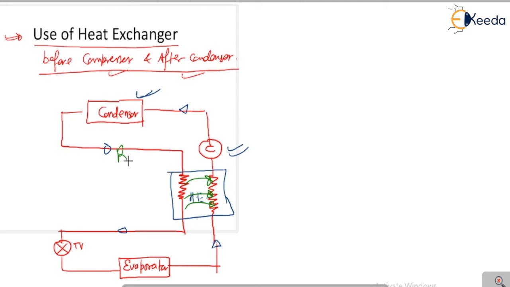The refrigerant coming from the condenser has a higher temperature, and this heat is going to be absorbed by this